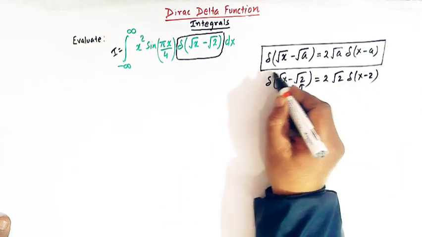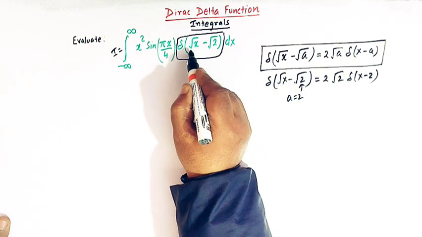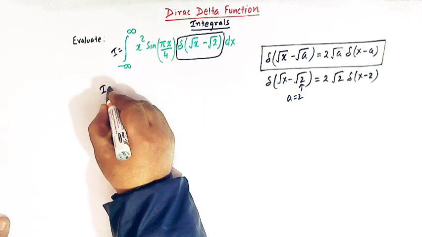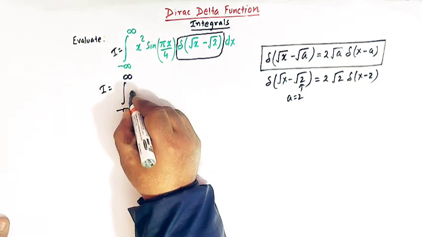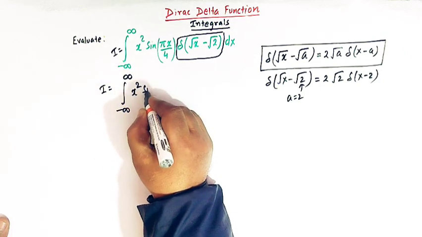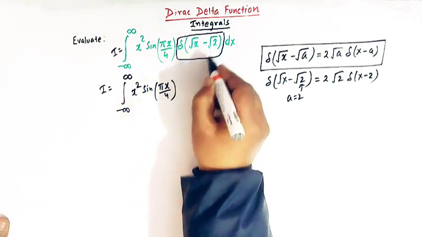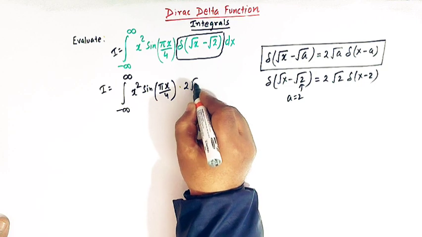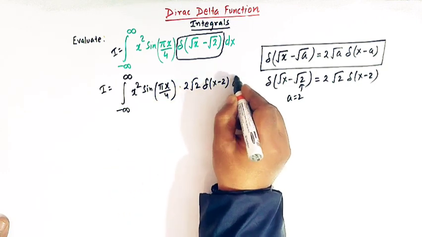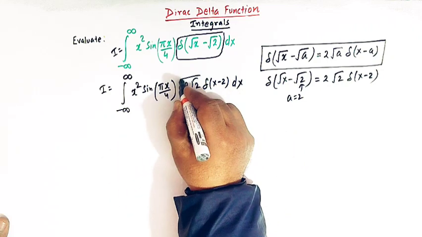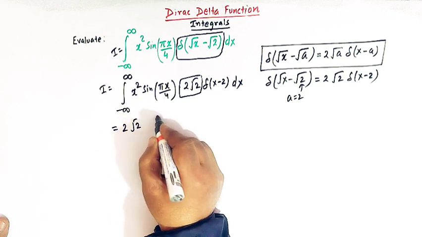Substituting this value over here, we can rewrite this integral as the integral from minus infinity to infinity of x square, sine pi x over 4, and here we have 2 times square root of 2 and delta of x minus 2, dx. Now taking this term outside the integral, we can write 2 root 2